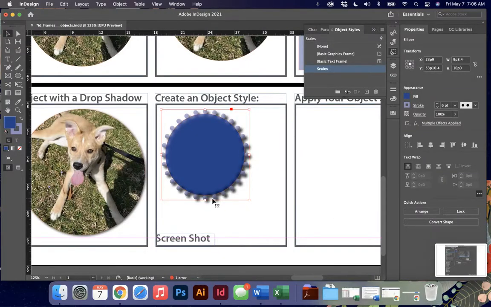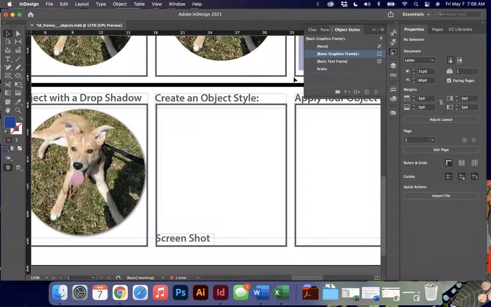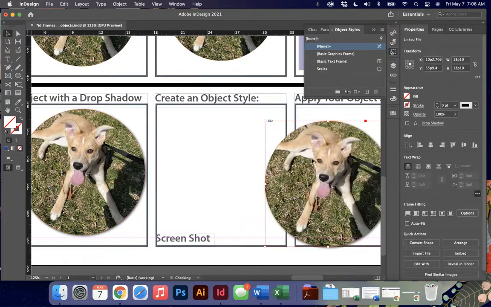Once I have my screenshot, for me on a Mac, it's Command-Shift-4. For you on a Windows, you're going to use the snipping tool or Command-Shift-S, or on a Chromebook, I believe it is the Window F7 command. I can delete this, and my layer style, or excuse me, my object style is still there. Again, I'm going to take this image and I'm going to continue using it